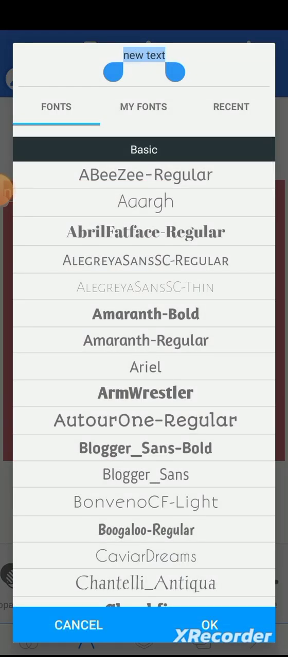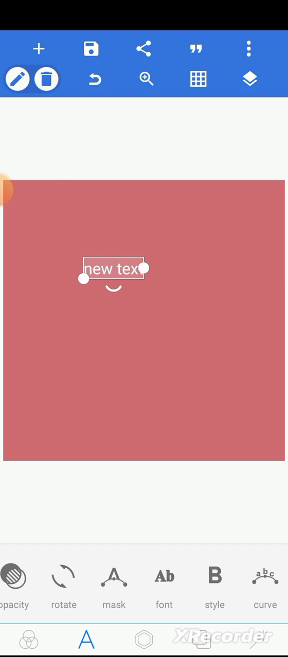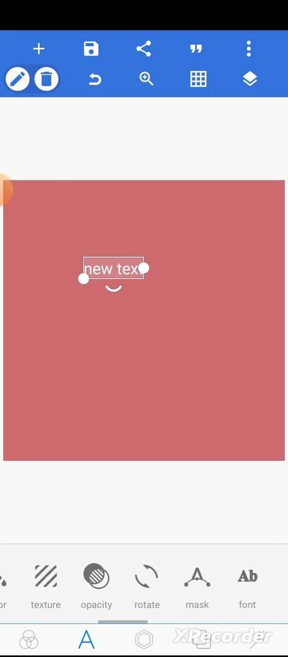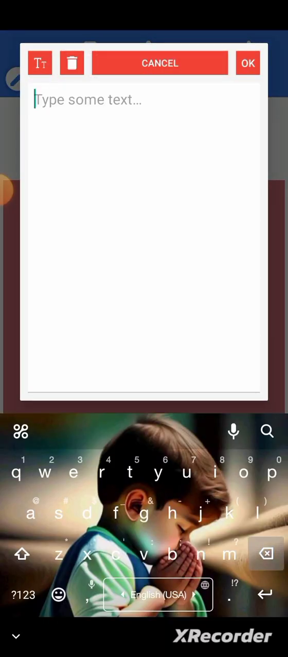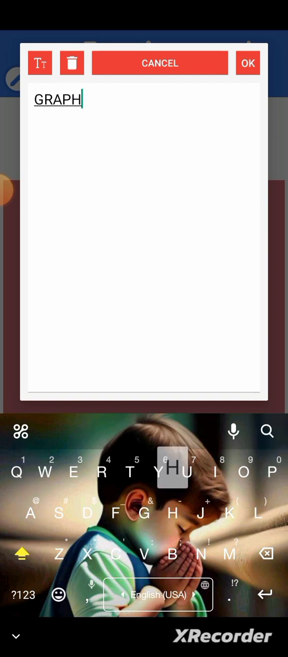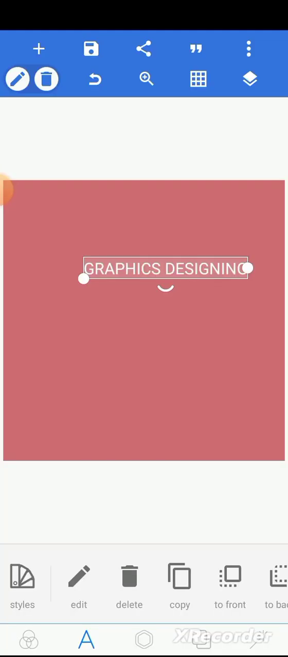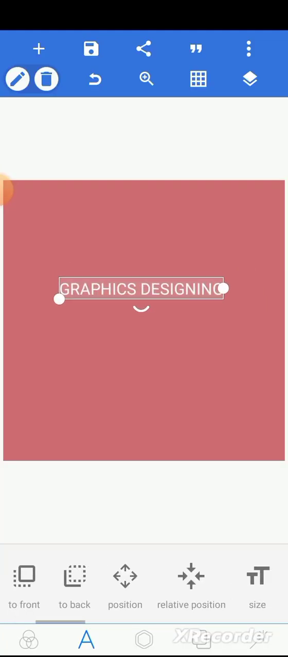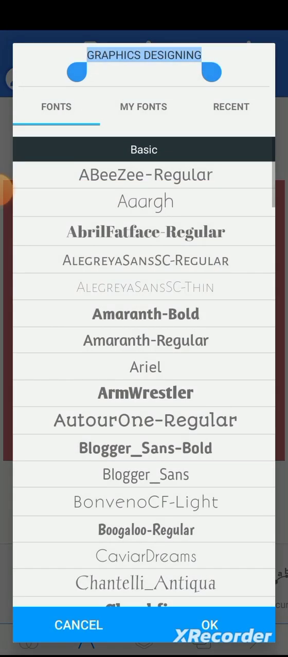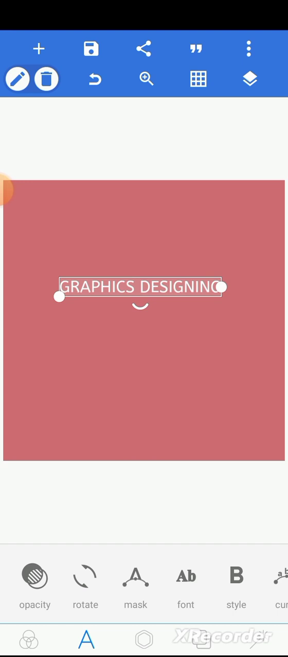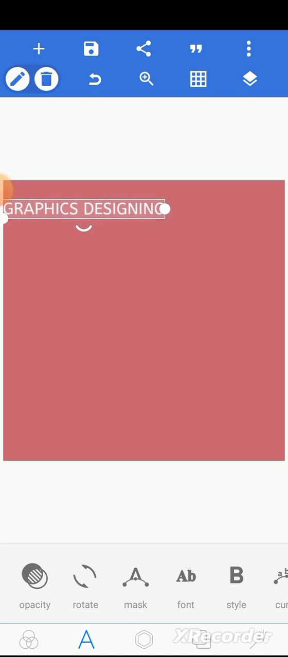These are the fonts. Let me write something, aesthetic. I'll just do it on graphics design. So this is it, I can just check my fonts. And this font thing is something you should be very careful in using. I explained it yesterday. You don't just use anything in a design, type graphics design here,